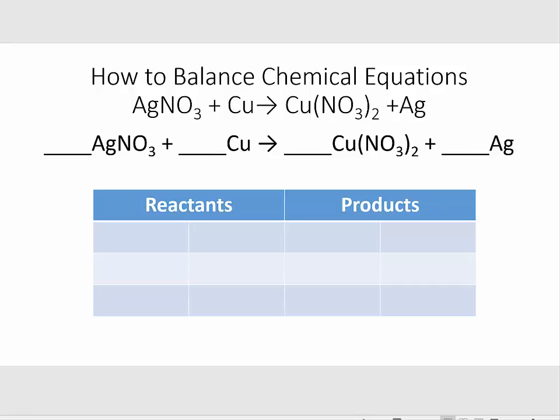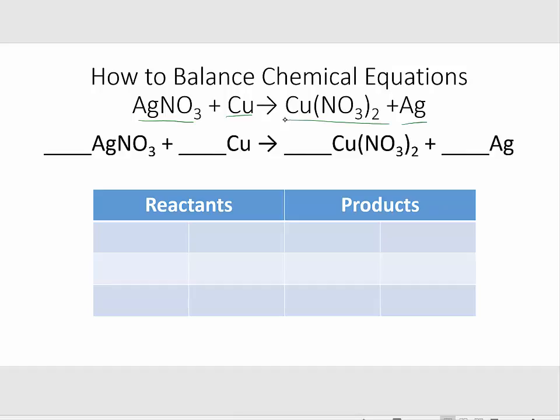Okay, so today we're going to learn how to balance chemical equations. So I've started us off with this practice equation. Silver nitrate plus copper is going to give us copper nitrate plus silver. And so I've rewritten this equation with these blanks in here so we can fill in the coefficient